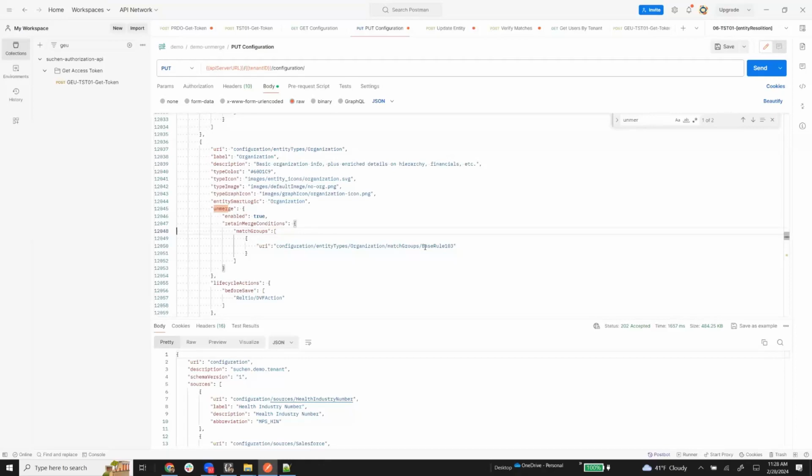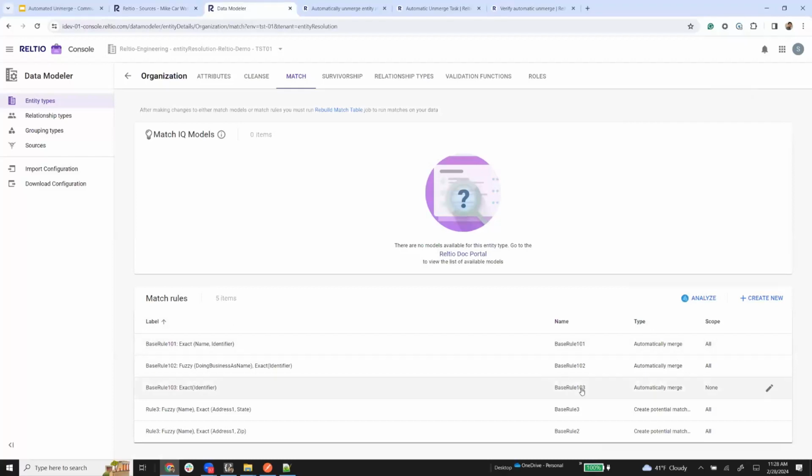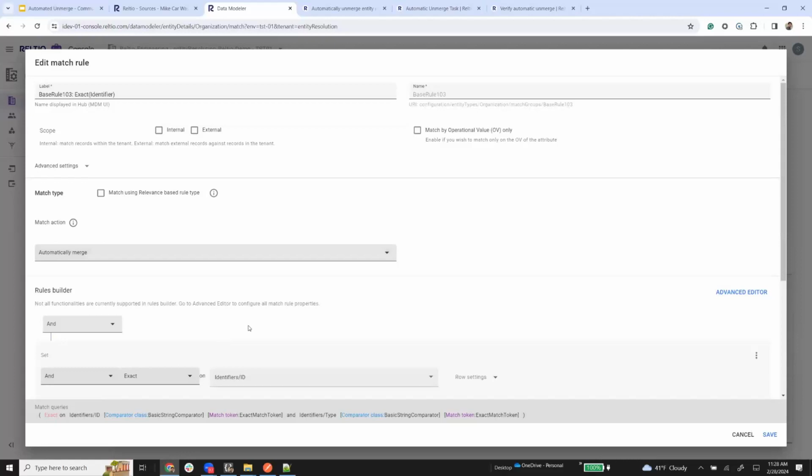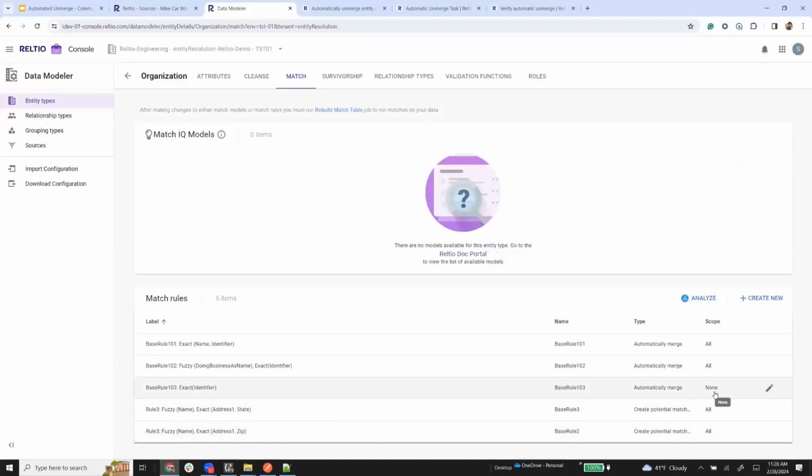So what does this rule do? Base rule 103, let me go back there. And here you can see base rule 103 says, if it's an exact match on identifier and identifier type and ID, then do not unmerge. That's what it means. And you can see that this is set to none, which means I'm using this rule just for the unmerge condition, not for merging the records. So if I go back and put that configuration in,